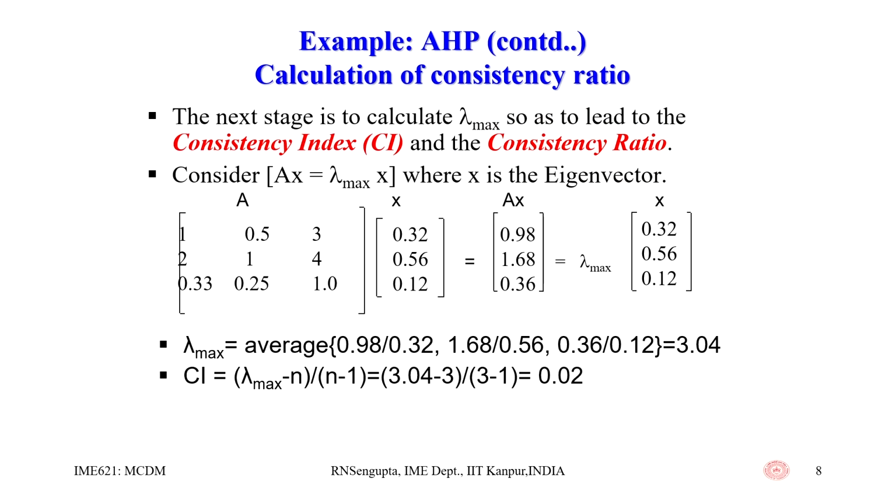So, the next stage is to calculate the lambda max so as to lead to the consistency ratio, and the lambda max is given by the formula. We have already found out A, the level of scoring which you had given for any comparison of the criteria or the alternatives, and x is the eigenvector which you have found out, and based on that I find out the lambda max. So, we know the formula which I will just highlight, Ax is equal to lambda x. This is a known,